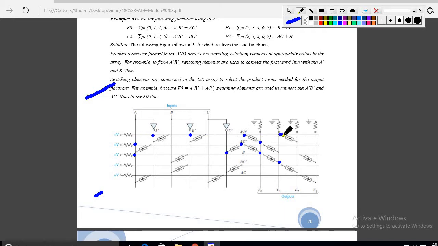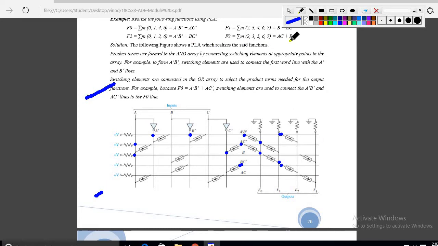If you want to take from the next previous one, okay, for F2 I again want B C bar. Where is B C bar? B C bar is already here, no? See here, B C bar is there. I can't take it directly from here, so the same line is connected. I'm taking from the previous one, after F1. If you connect it, you will get this F2, A bar B bar plus B C bar.